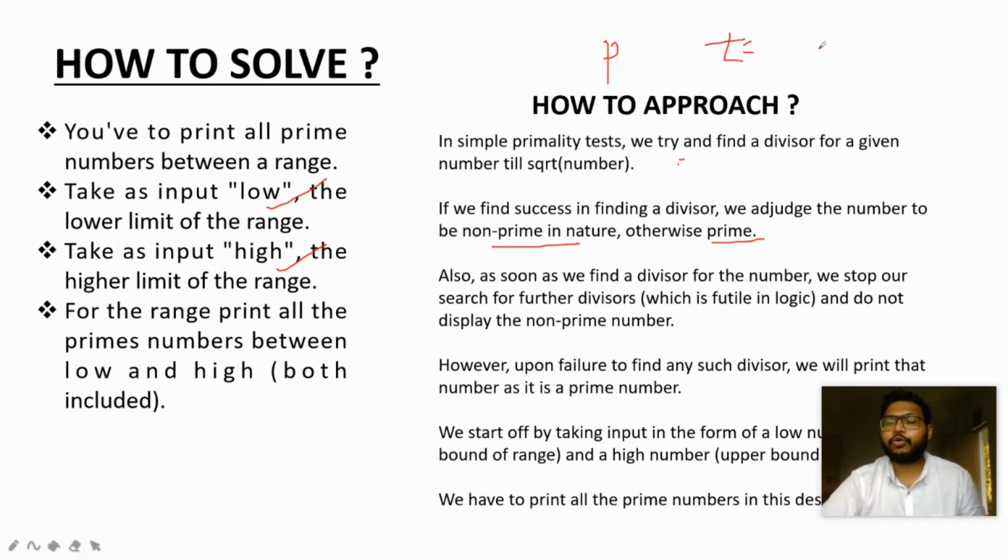How can we limit it? We should not try to check all the numbers up till n. We can check up to root n. If we find a divisor within root n, then we don't have to go any further. We will tell that the number is not prime. If we don't find any divisor, we will tell that the number is prime, because after root n there is no further divisor.